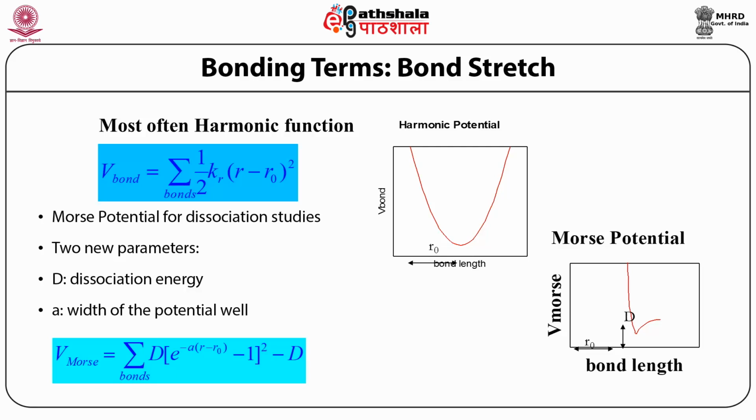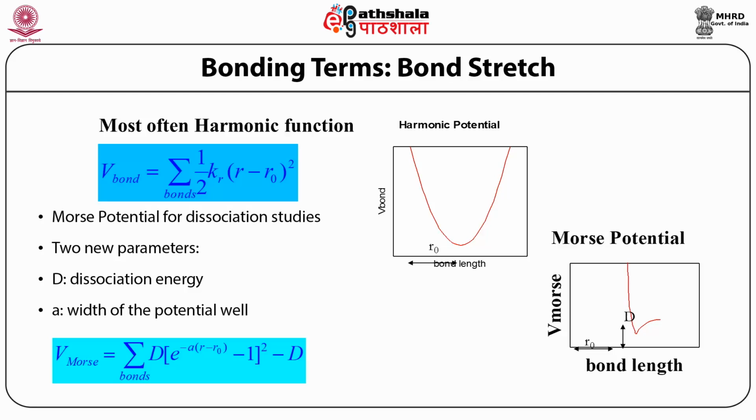This energy function can sometimes be substituted by the Morse potential function, which is also shown here, and the function is shown here explicitly. This might be useful when one likes to really understand the interaction or influence of bond length on different systems. Also, this type of function can be used in different kinds of bonds like coordination bonds, etc. So two functions can be used, but the normal function used in all these software is the first function, which